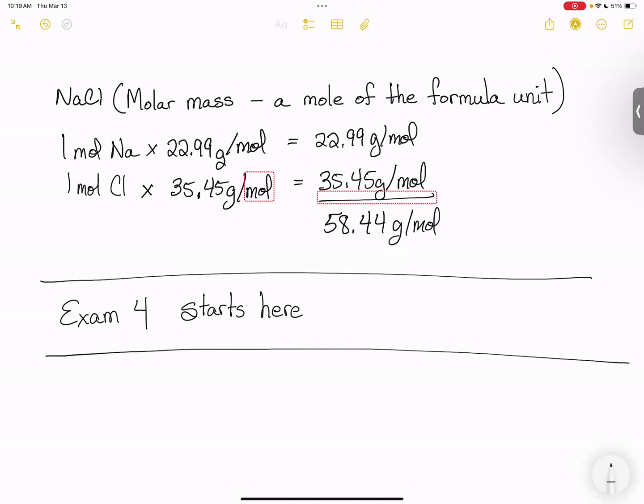Basically, folks, the 3rd exam is all about the compound. How do you name it? How do you write the formula? How do you draw it with Lewis structure? How do you determine the hybridization of the central atom? How do you determine the polarity of the molecule? How do you determine the molar mass? It's all about the compound. So the next test is all about the compound.